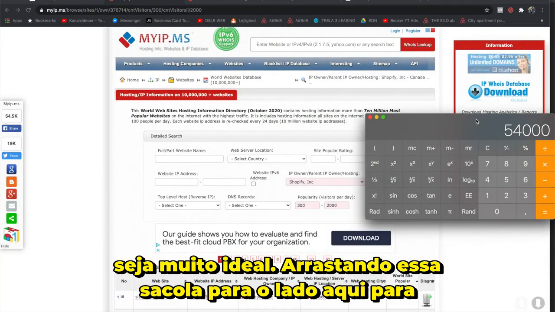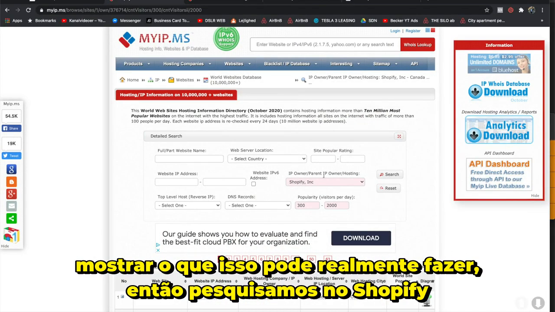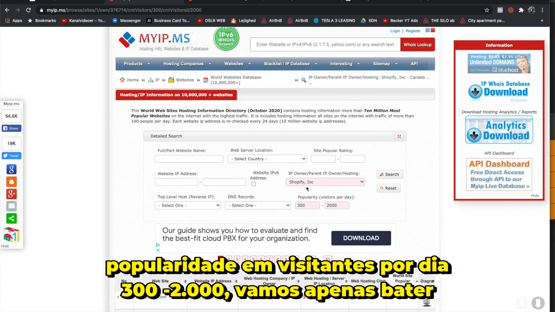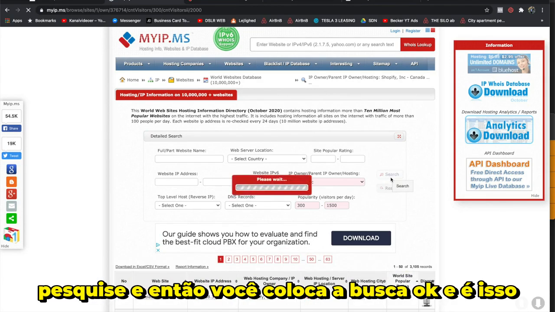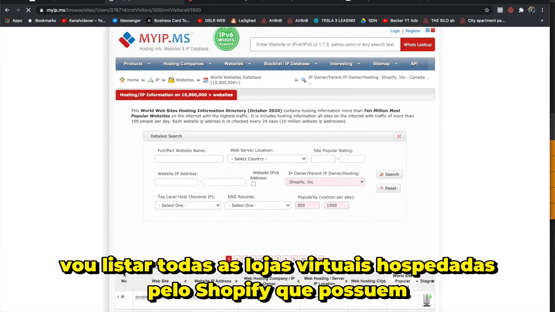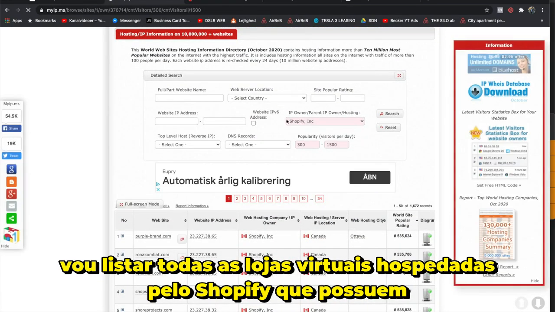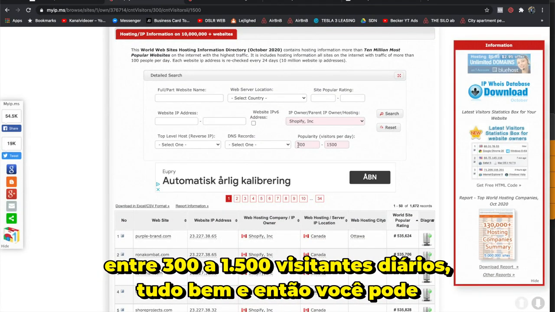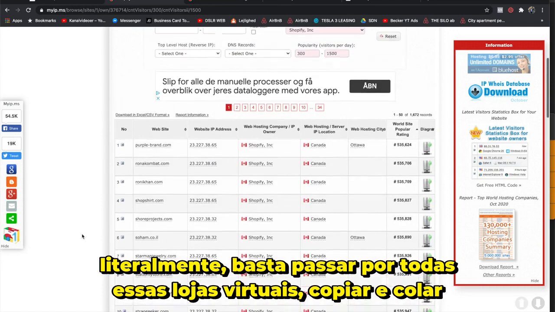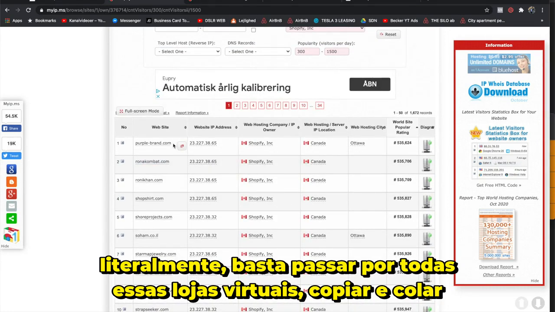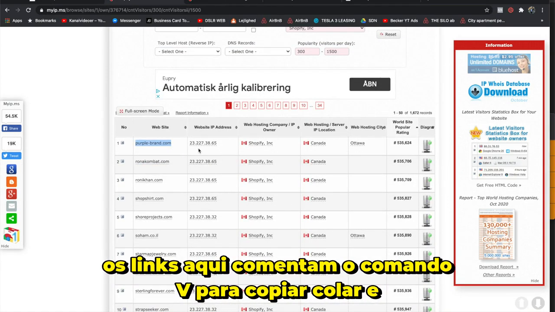Dragging this back out to the side here to show you what this can actually do. Okay, so we searched Shopify, popularity in visitors per day, 300 to 2,000. Let's even just bump this down to 1,500 for now, just to make it a very realistic search. And then you hit search, okay? And this is gonna list all web shops that are hosted by Shopify that have between 300 to 1,500 daily visitors, okay? And so you can literally just go through all of these web shops, copy paste the links here,